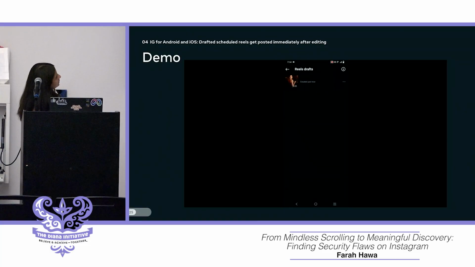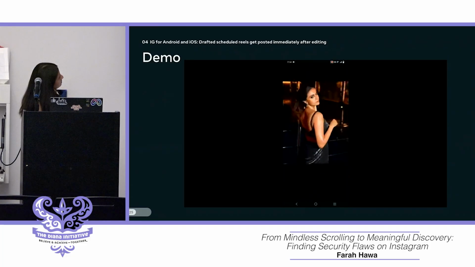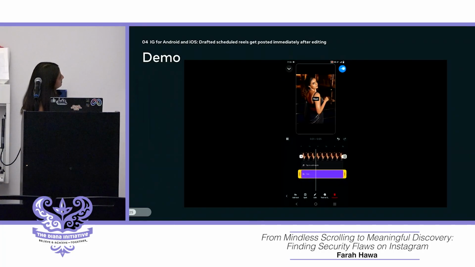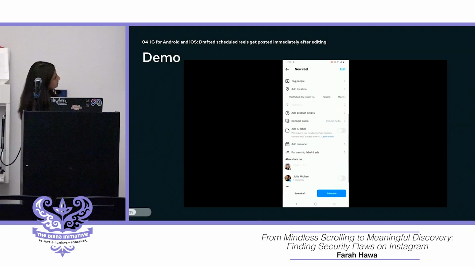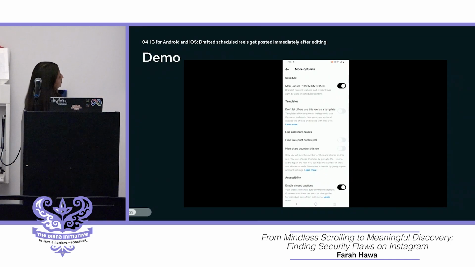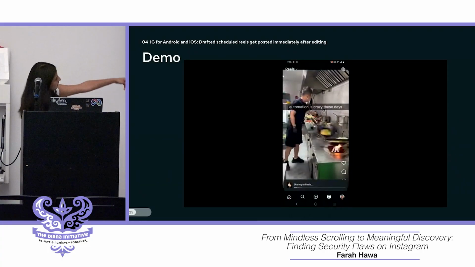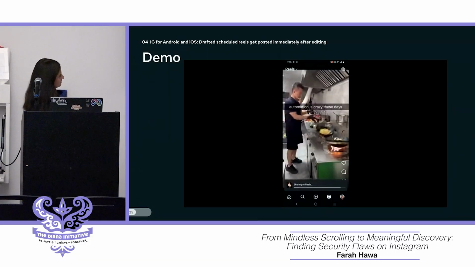Now you open your drafts, click on edit. And you're going to be adding some text or just maybe editing it. You're double checking that this is scheduled, and then you click the schedule button down there. And you can see it's being shared instantly, despite them clicking schedule.